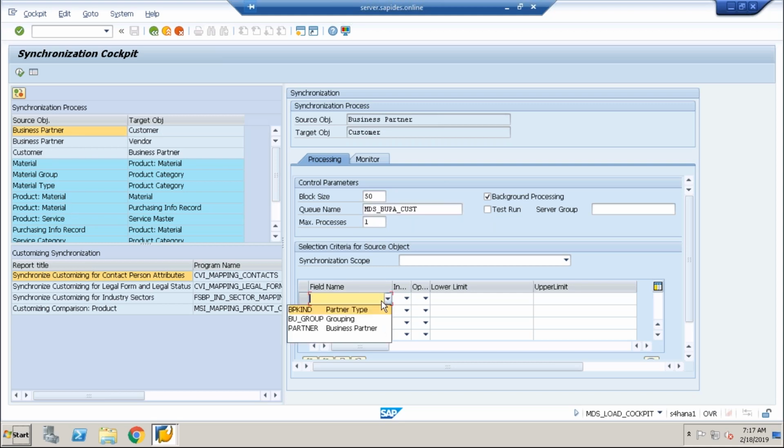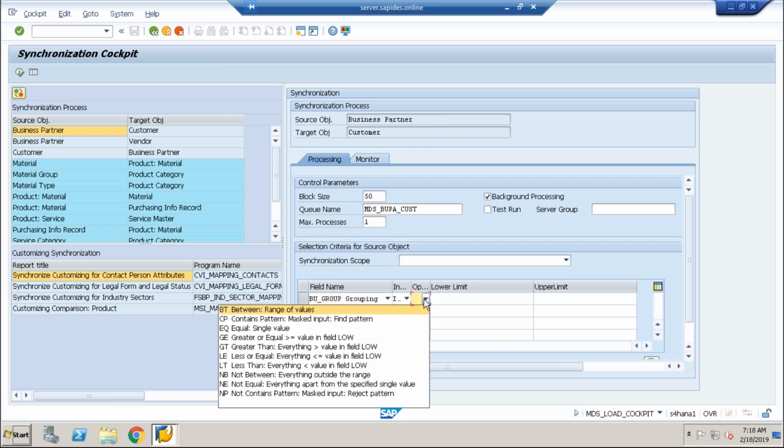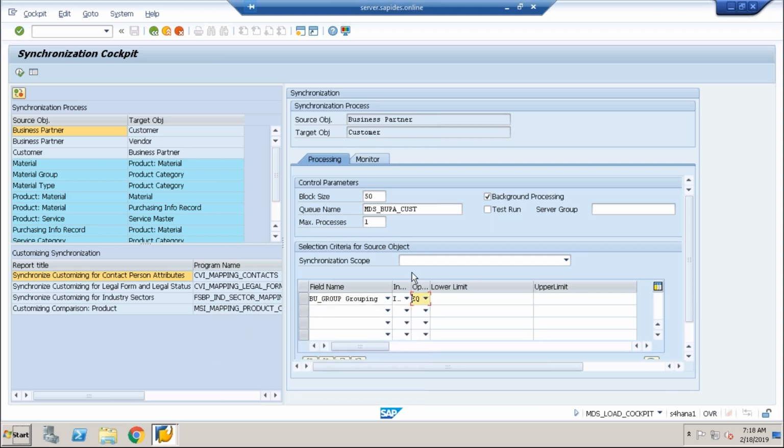Because if you want to do any particular grouping, you can do it. If you want to include any specific values, you can enter them here, and then you can still execute this transaction.